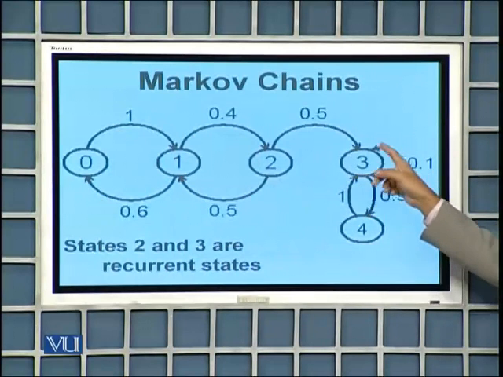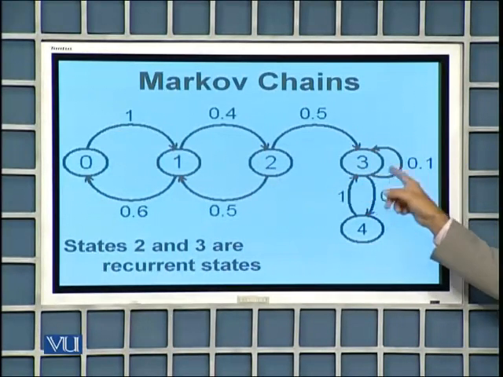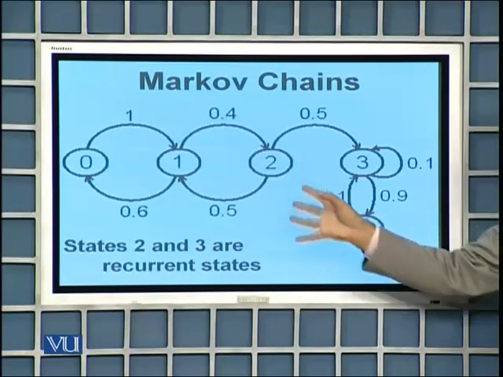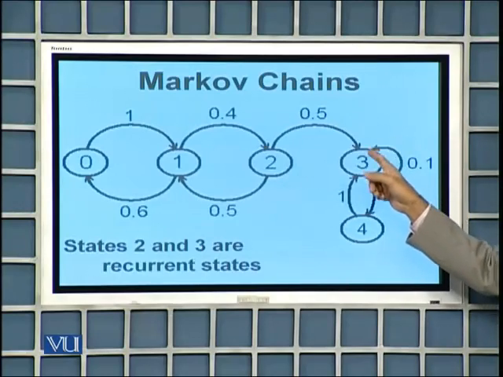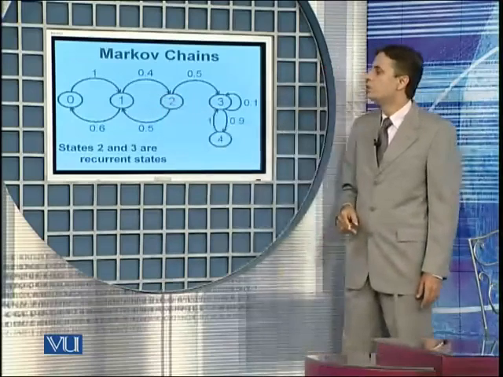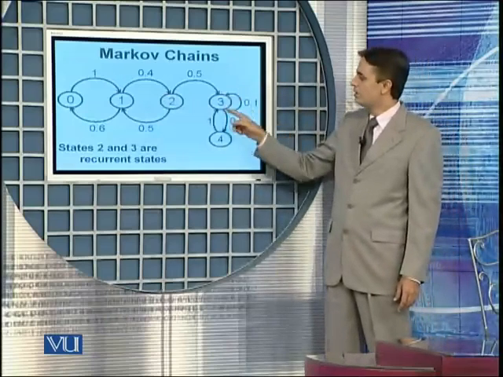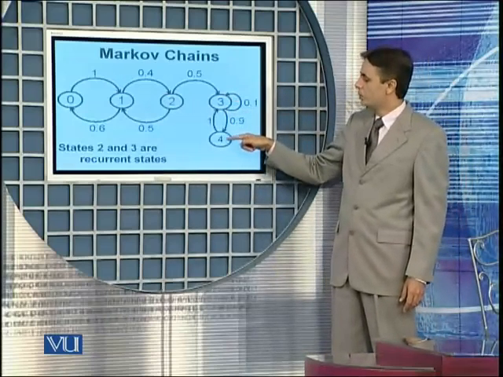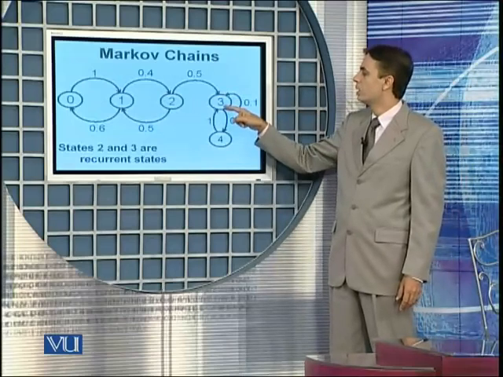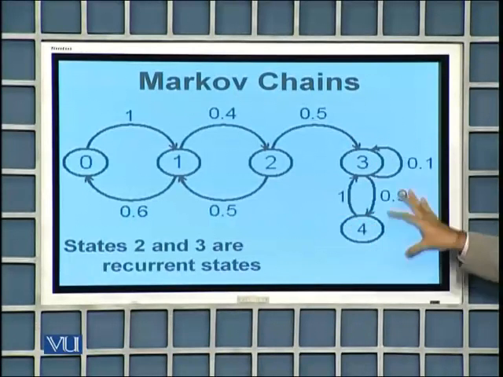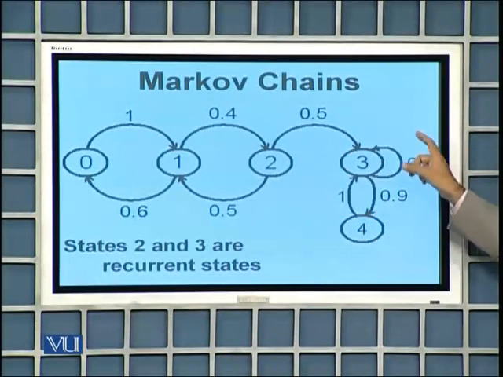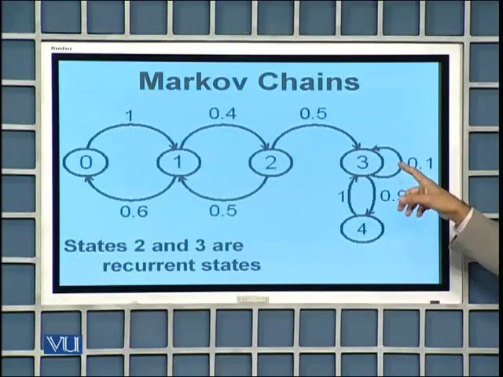But state 3 is an absorbing state, and it is not alone in this group. If this Markov chain during its evolution reaches state 3, then it is never going to go back to state 0 or 1 or 2. But if it is in state 3, it can go to state 4, come back, go to state 4, come back, or stay in state 3 in subsequent observations. So this group of state 3 and state 4 is an absorbing group. Once you are in this group, you cannot leave.